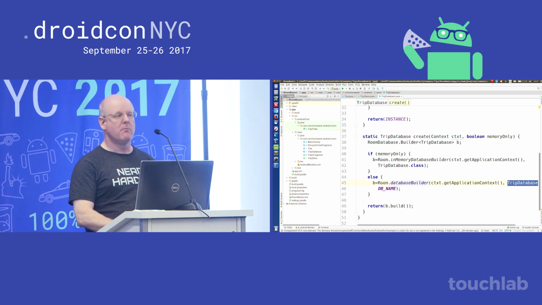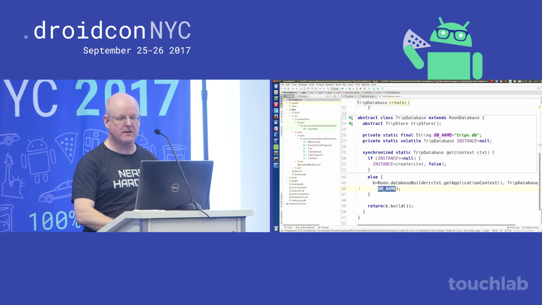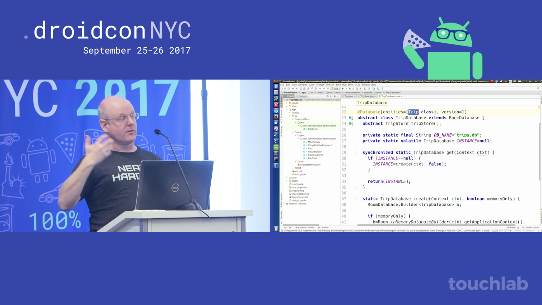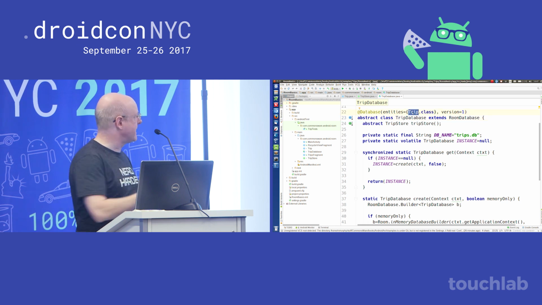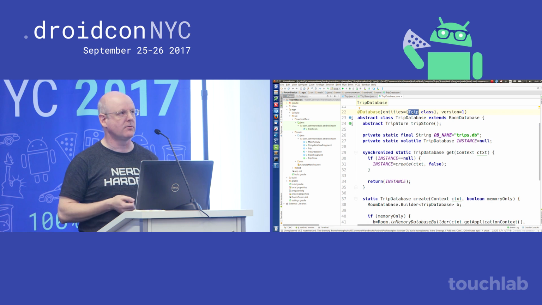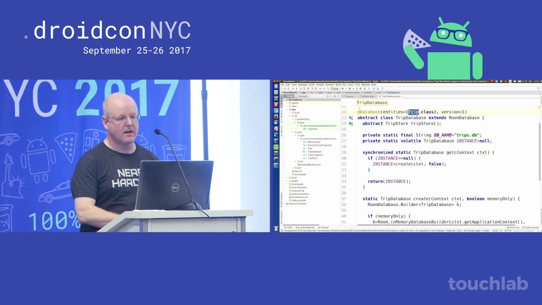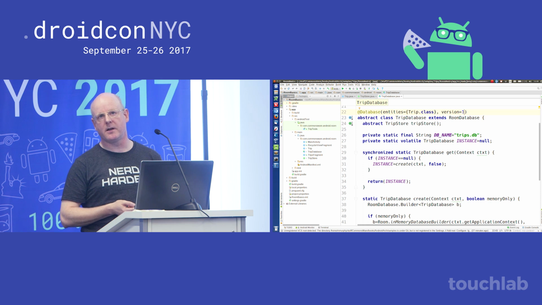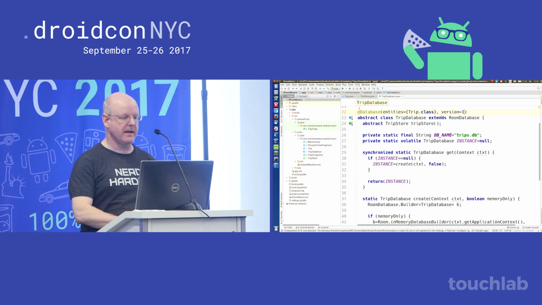It's going to be using this Java class for the definition of it, and here's where I'm filing the stuff. You're going to say, oh, okay, the sorts of things that I want to store in this Room database are these entities. In this case, there's only the one. There can be lots. And this is my version number. Same thing as we do with SQLiteOpenHelper in the native SQL API in Android. And